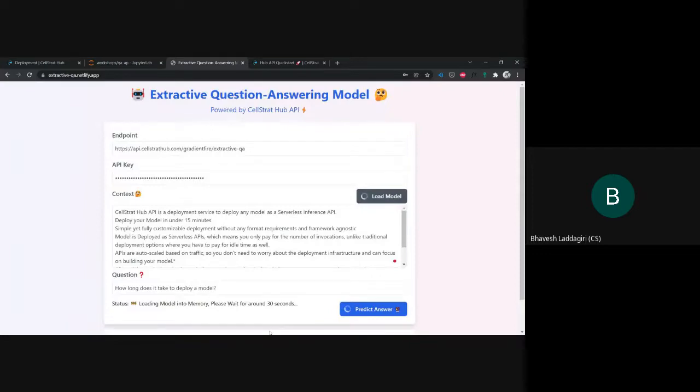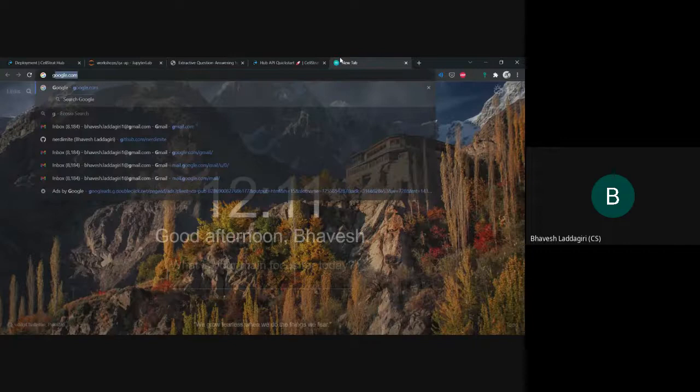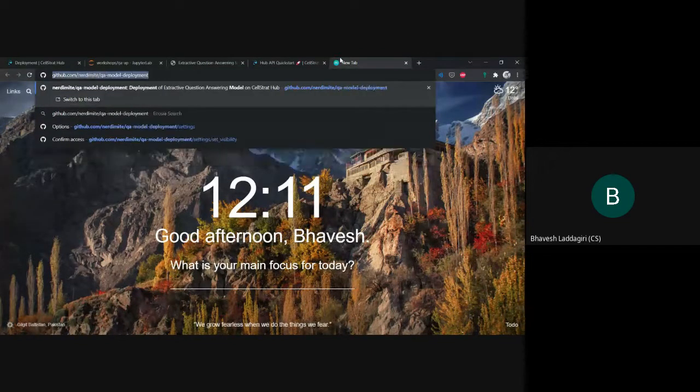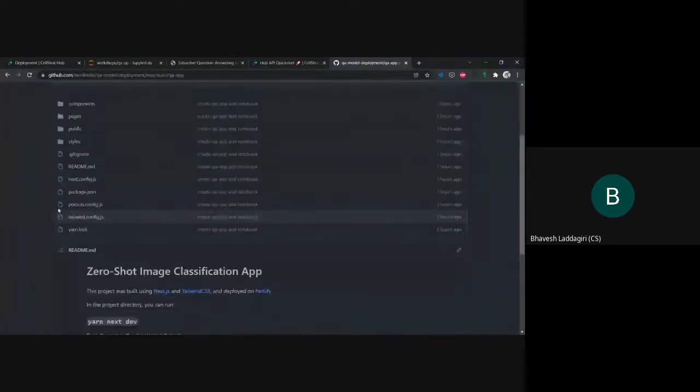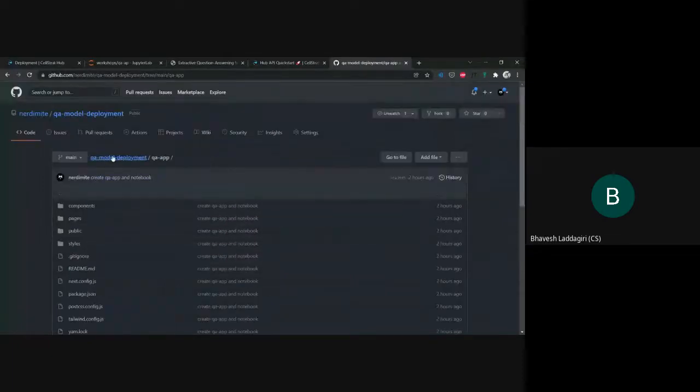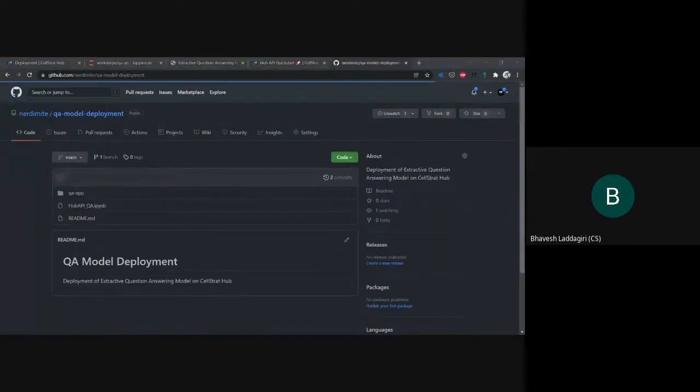Is everyone able to use the client application, the front end website that I shared on the chat, the Extractive QA thing? And if anyone's curious about the source code, you can find it on my GitHub. So let me just pull that up. If you have done web development previously and are curious about it, I'll just put it on the chat. But before that,